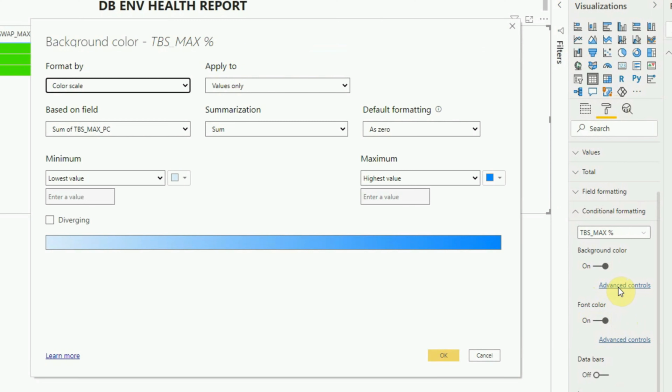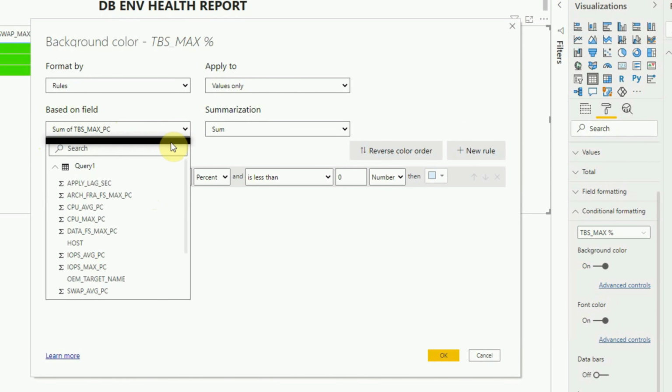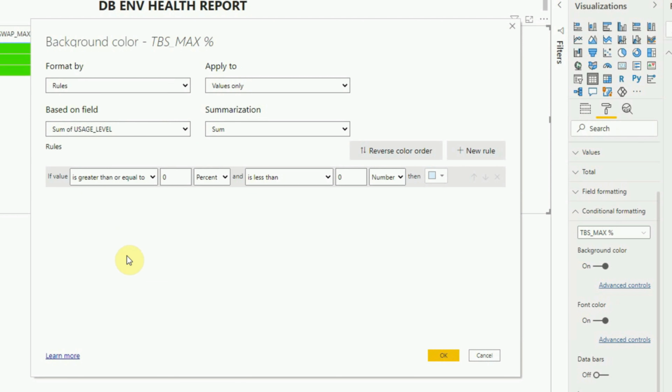Click on the advanced controls under background color, rules, values only. Here, based on field, under this we have to select our usage level column. And this sum, whatever summarization it is doing, it is not going to make any difference for us, so let it be there. And if the value is greater than or equal to 0, number, and less than 1, number,